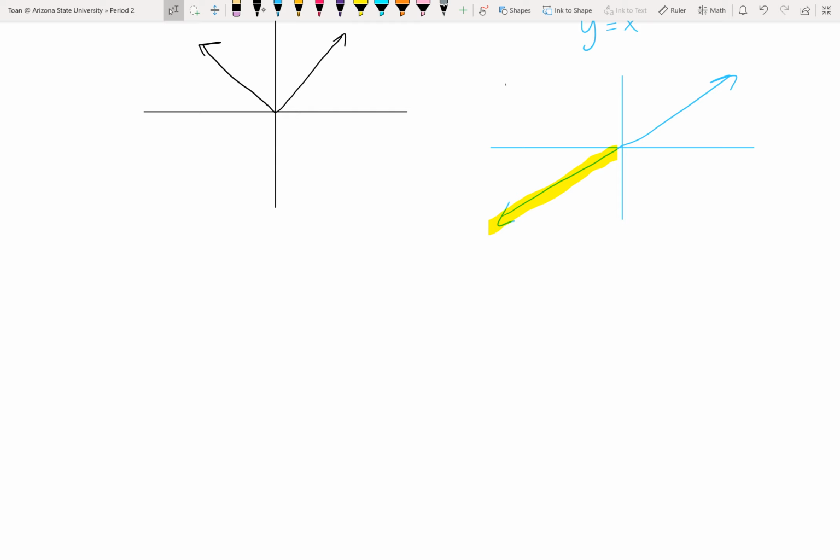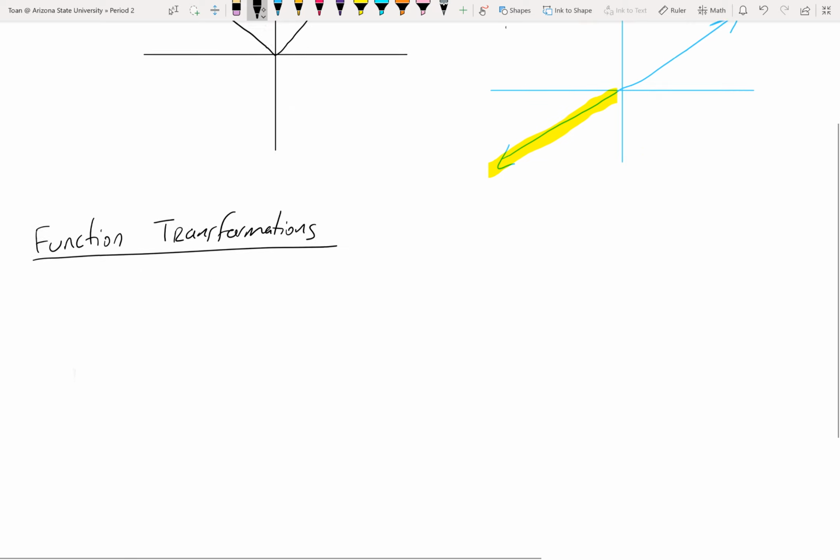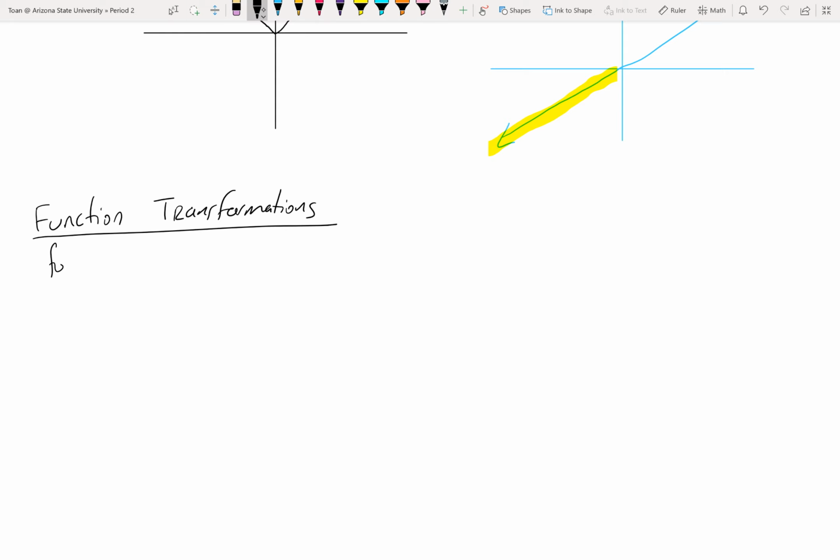So these are the observations that you should have gotten from the pre-lesson investigation. For the graph of any function, y equals f of x,